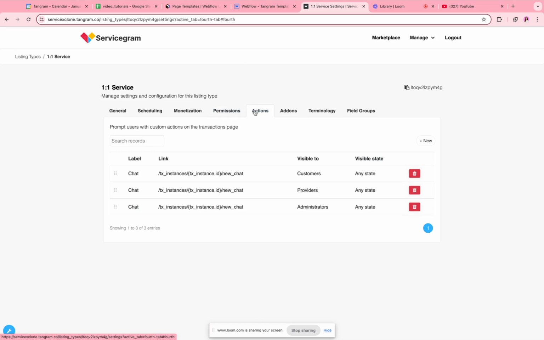Under the Actions tab, it automatically adds the chat buttons on the receipt page. This is what button should show up on the receipt page, basically, after a customer makes a transaction. So everyone has the ability to chat with one another by default. You can click the trash icon if you don't want chat enabled between providers and customers here, or you can